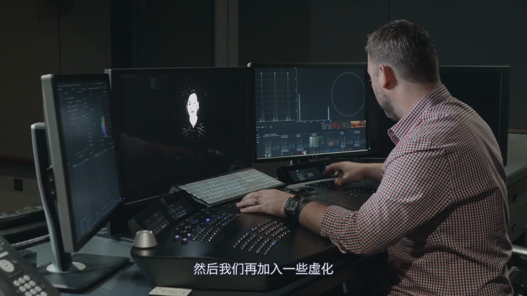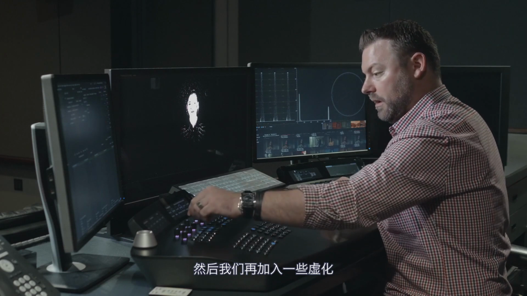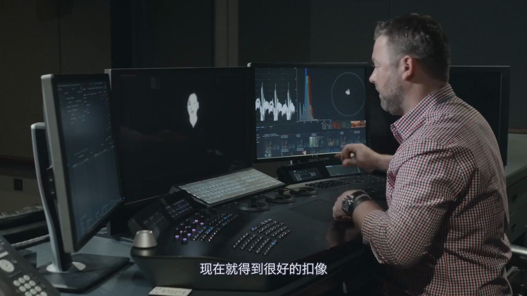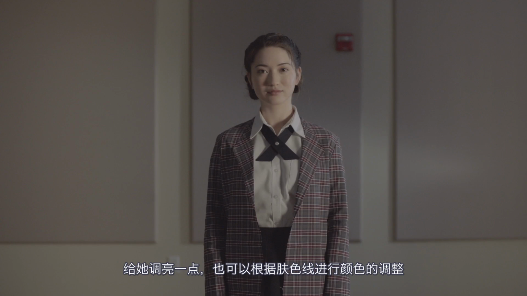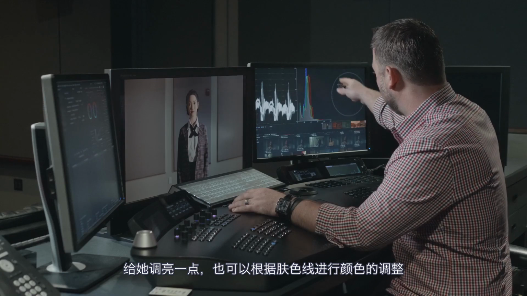Something that we would want to do now is add a little bit of blur just to smooth that out. So now we have her pretty much well isolated. So at this point, you can do whatever you'd like. We can give her a little bit more Luma,